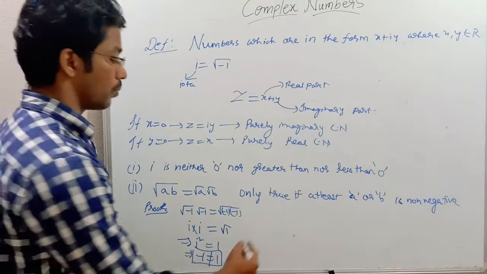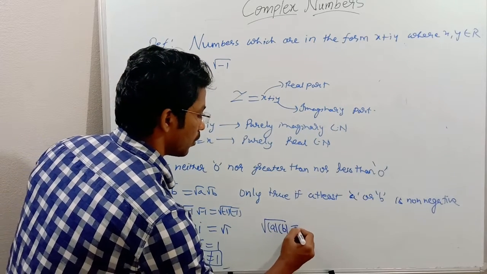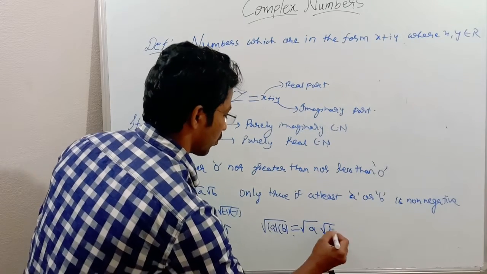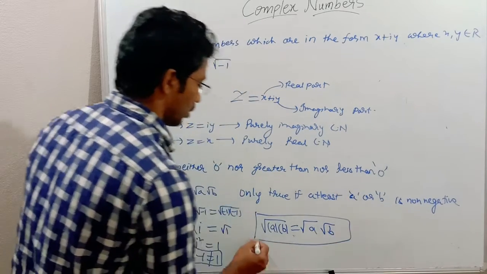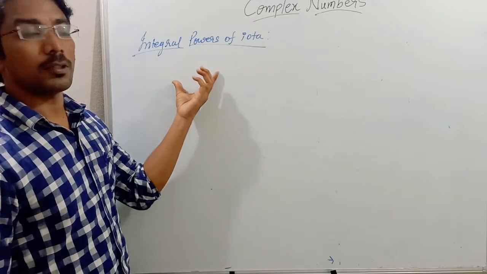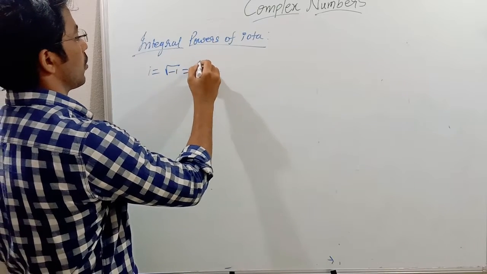So the formula should be written as square root of mod A into mod B is equal to square root A into square root B. This is the actual formula that should be applicable. Now integral powers of iota. We know that i is equal to square root of -1, i square